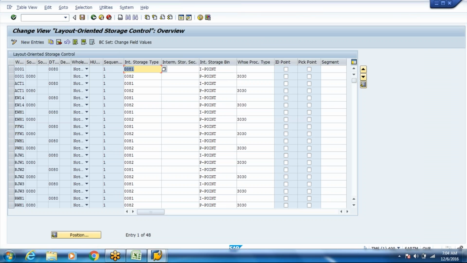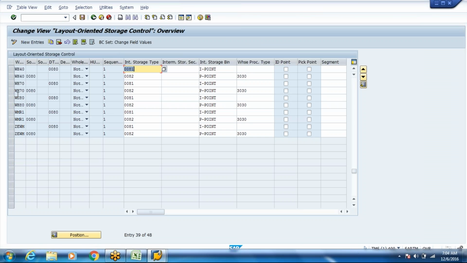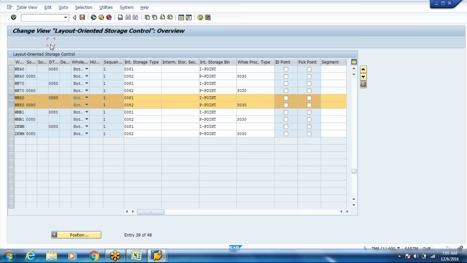Okay, so this is the table, and you can see that there are many entries for WHET. There are entries for a table, which is 0080. We are not using that table. Okay, so we'll copy that and we'll say